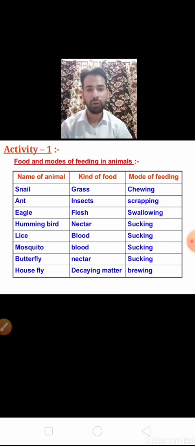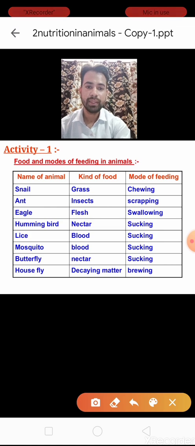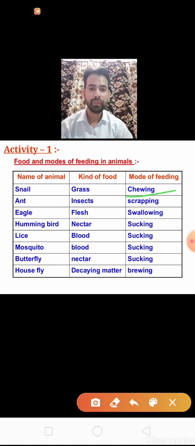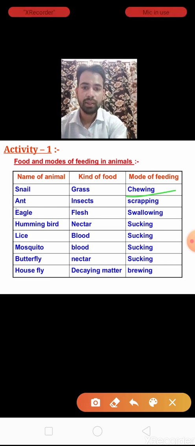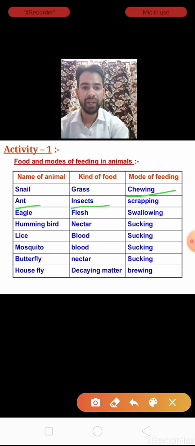How can you perform this task or activity? For example, snail takes grass as food and the mode of feeding is chewing. Ant, they take insects as food and the mode of feeding is scraping.